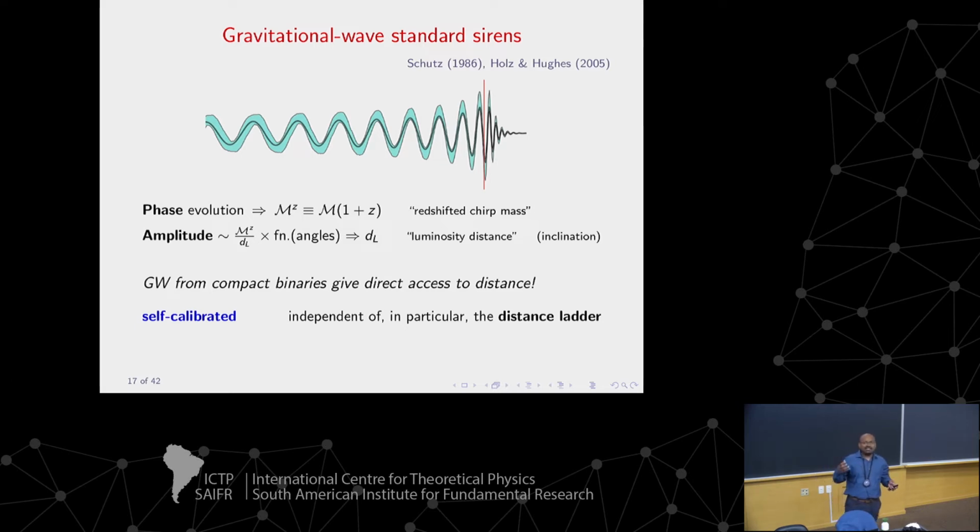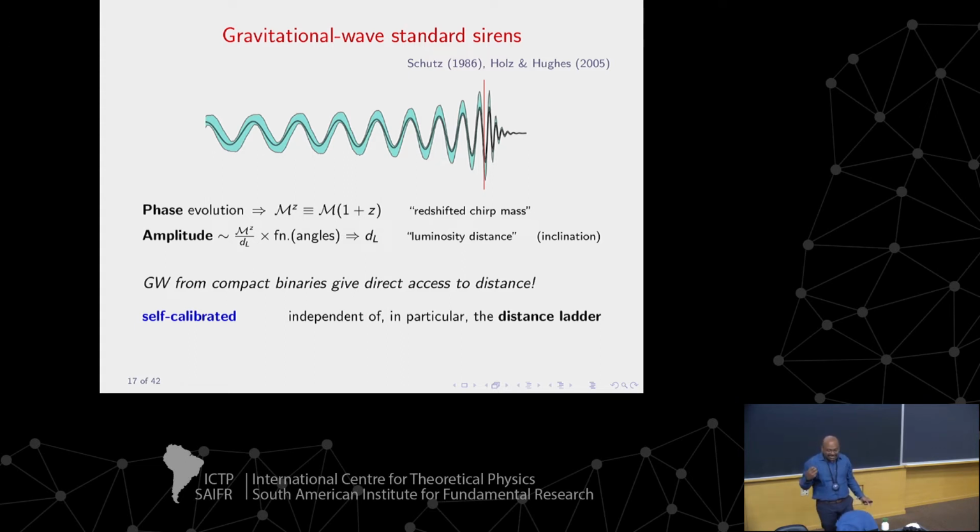Of course, that's the leading order effect. There are higher order effects, but the phase evolution gives us a very accurate estimation of the intrinsic mass of the components. Now we can use this mass which we obtain from the phase evolution and plug it back into the amplitude, and we know that the amplitude has to fall off as 1 over distance. So together with the phase and the amplitude information, we can estimate the distance to the object directly. Directly meaning with only these gravitational wave signals